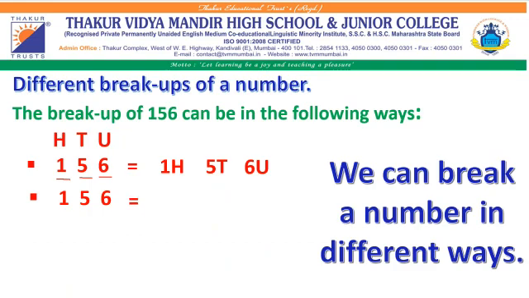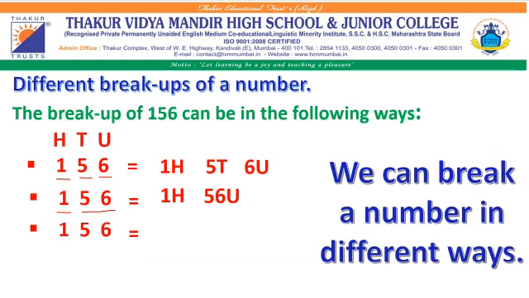Here we are going to break the number as single digit and double digit. Students, please note that whenever you are taking the digits together, always you will mention the lowest value of the number. Here we have taken 56 together. So I will not take the highest value, that is tens value. I will take the value of units. So the breakup will be written as 1 hundred 56 units. Same number with different breakup.